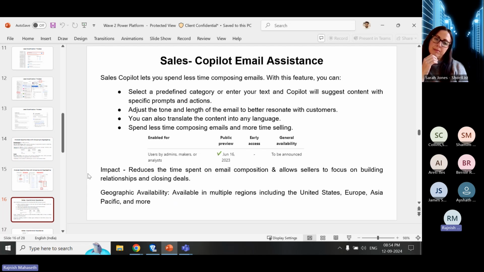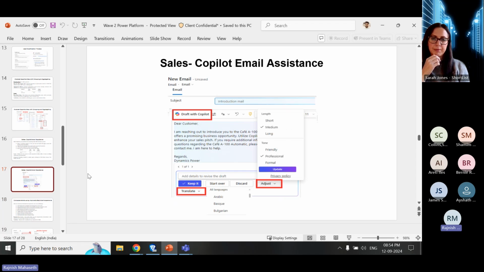Plus, you can also tweak the tone and length of the emails to better match your customer preferences. So it will help you to build strong relationships. We also get an option to translate the content into any language. Let's say you are writing in English and the customer is from some other country. So you get an option to translate as well. To see it